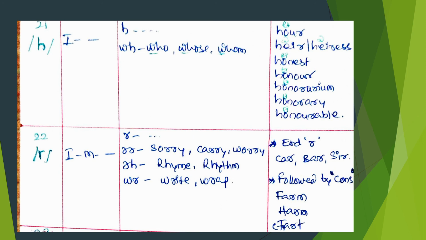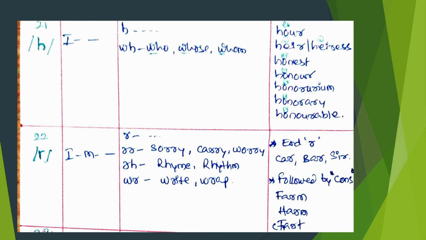For example, these are words in which the letter H is there, but H will not be pronounced. H is silent. For example, HOUR, our, HEIR, air, HONEST, honest, HONOUR, honor,